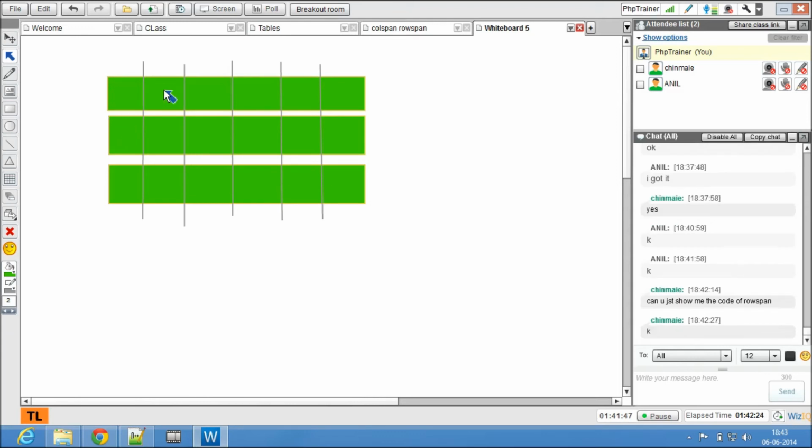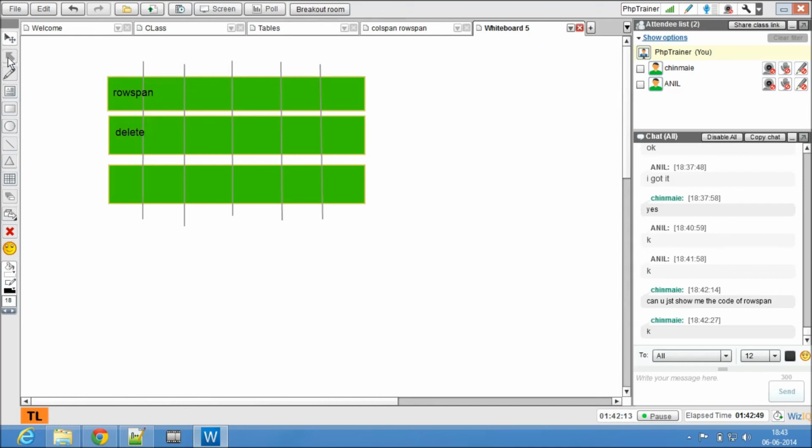If you want to merge these two, write the table as it is, then go here and write row span here, because you are merging columns of different rows. Row span, and come here and delete this.